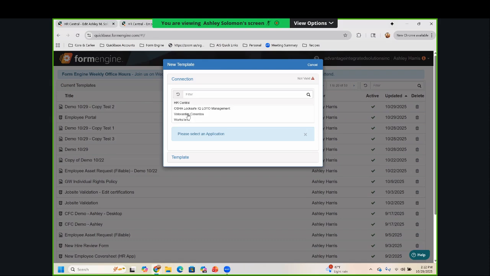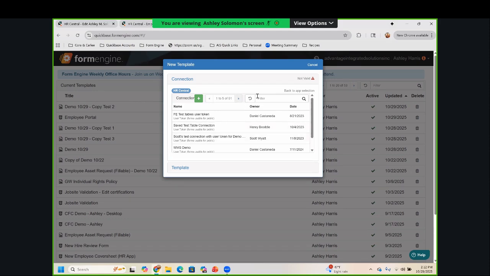So my portal is tied to my HR Central app, and I need to go ahead and provide my user token. For those of you who are new to Form Engine, we do supplied connections, and that is how we're able to allow end users to access content without actually being a QuickBase user. So this content is all encrypted. It's not accessible. People can't access it in the URL, but it's what's going to allow you to pass credentials through so that people can